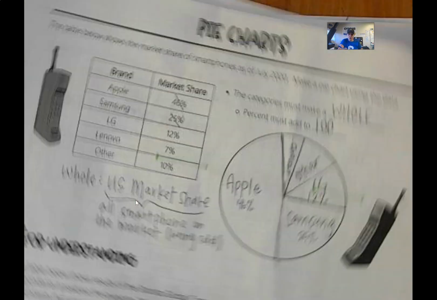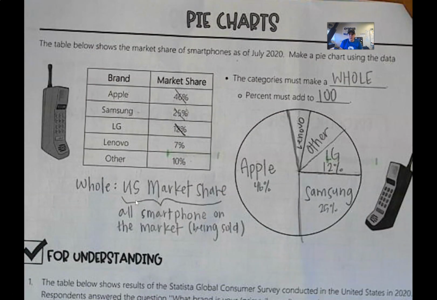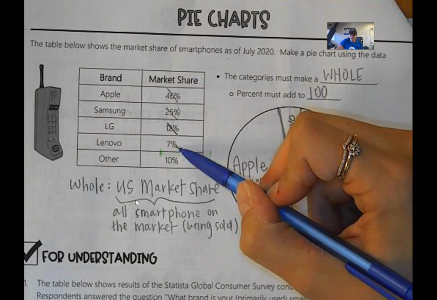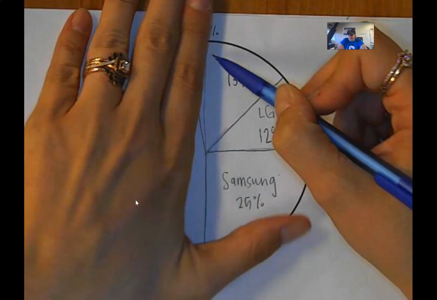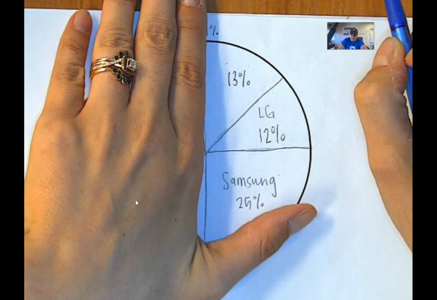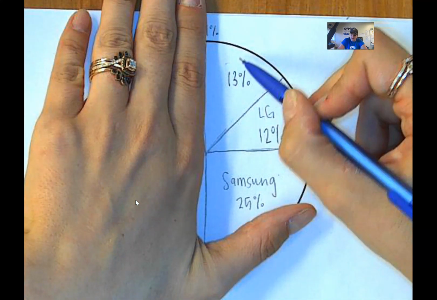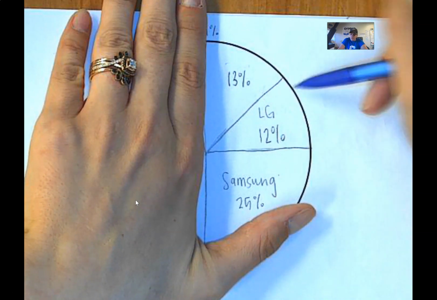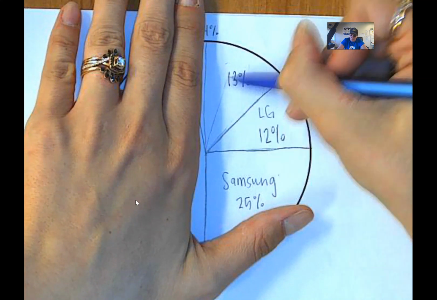We still have two brands that we need to graph. One of them is 10% and the other is 7%. Well, I know that this slice that I have here is 13%. So if I'm going to make one that's 10%, I'm going to cut off part of this slice. And I want to make sure that when I cut it off, I do it really lightly,